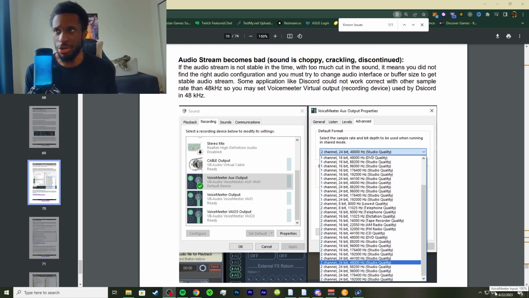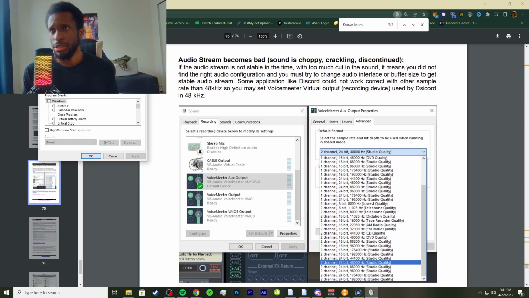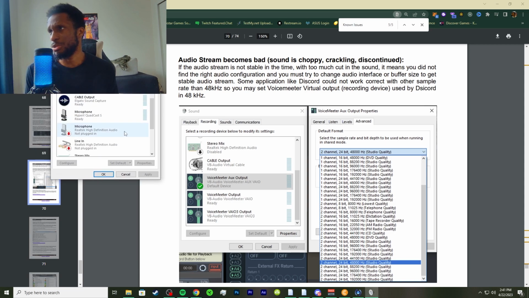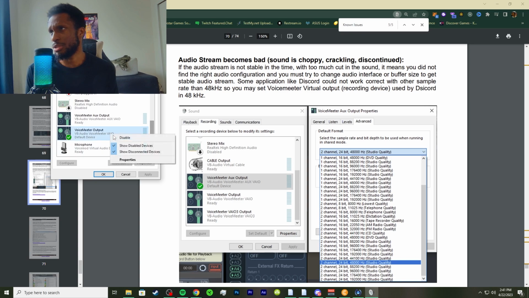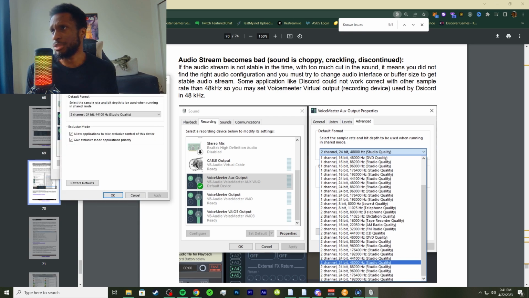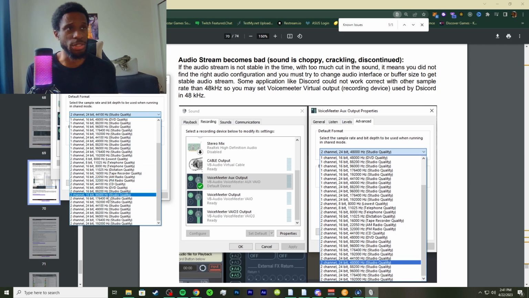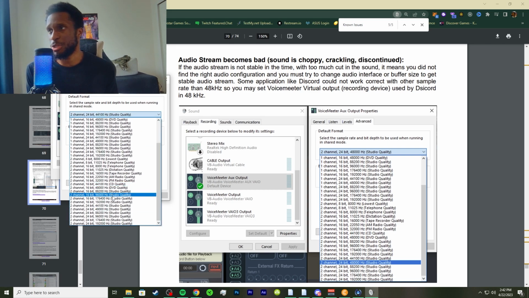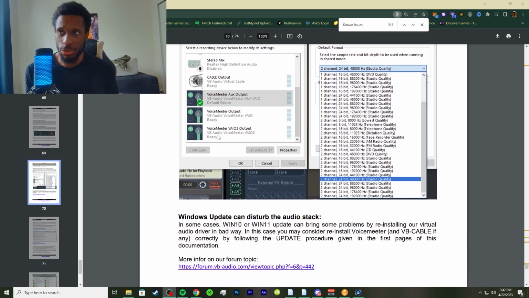I can do it live right here. We just go to our sounds, and we will want to go to our advanced. Usually I do it like this, and I go to properties and I go to advanced and I change it here. So I just change what I need to change, and I put the specific aux output right there. Then here I pick the output. I put this specifically here, and this is pertaining to the master of your Windows. So this is on Windows 10. You could be doing this on Windows 11. Should be identically the same. All right, so let's continue.